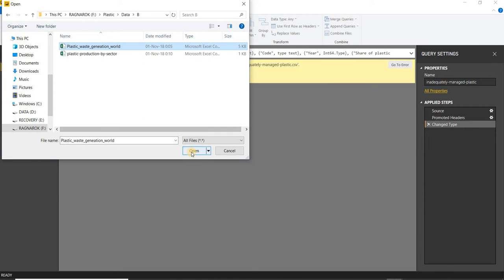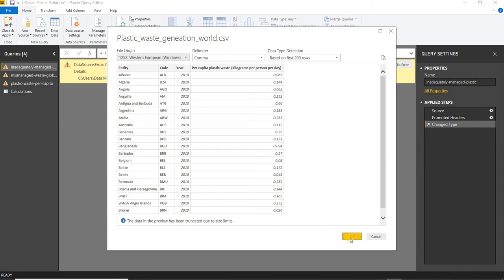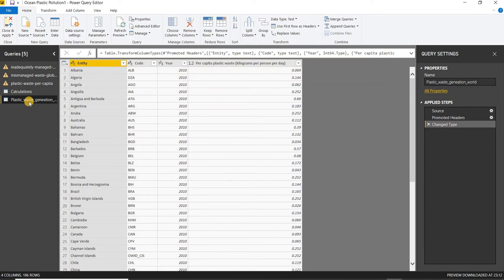If I take up the plastic waste generation world first, we can simply load it up, and here we will name it plastic waste generation, skipping the word world for our better use of it. As we save it, this data set is ready to work.